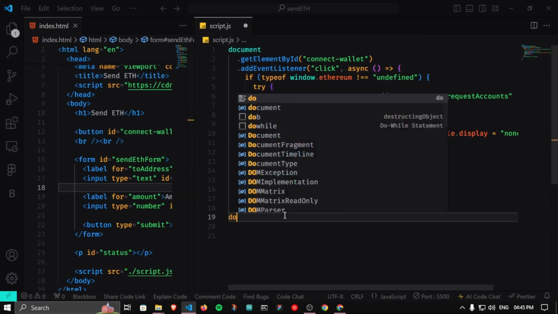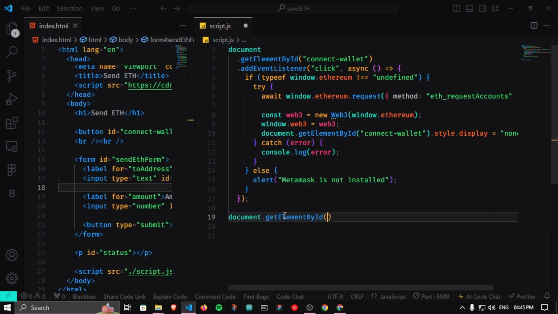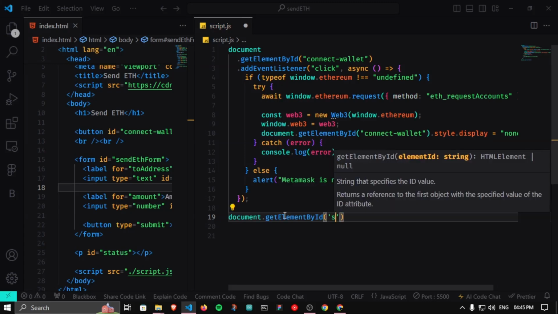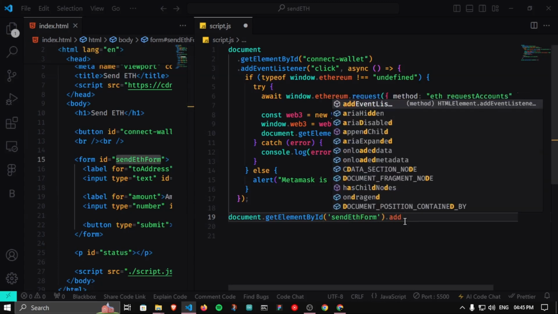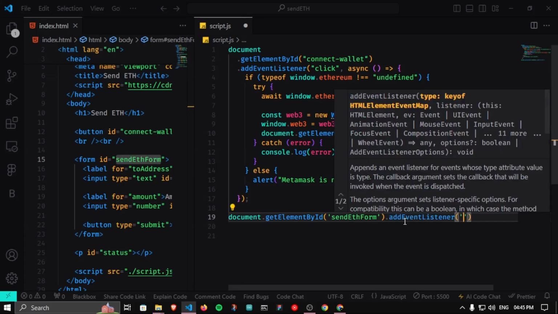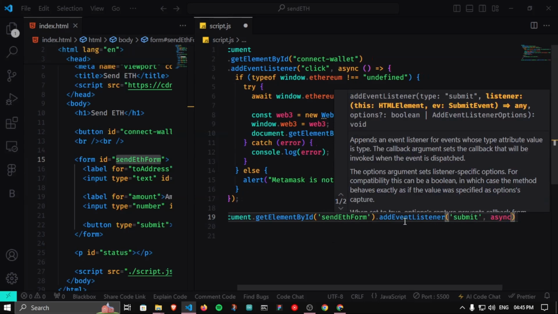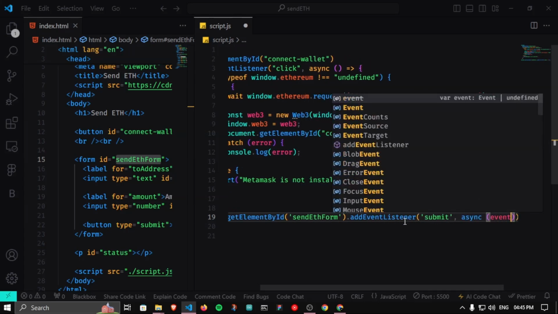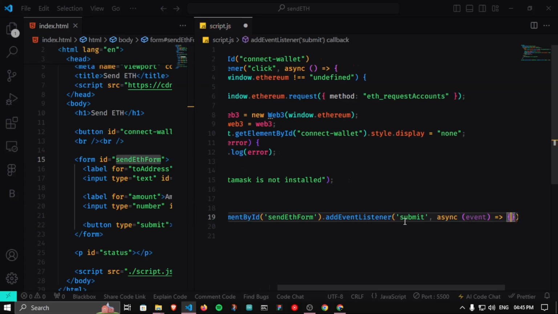Let's add document.getElementById, and what is the ID for our form? I think it's sendETHForm. You can see here the ID is sendETHForm, and we are going to add an event listener here, but this time we are going to add the submit event. When the form is submitted, we are going to execute another asynchronous function which takes event, because this is a form submission that sends some data,